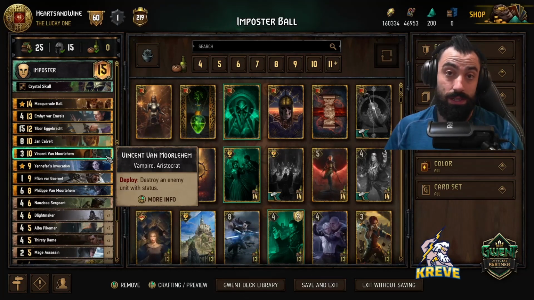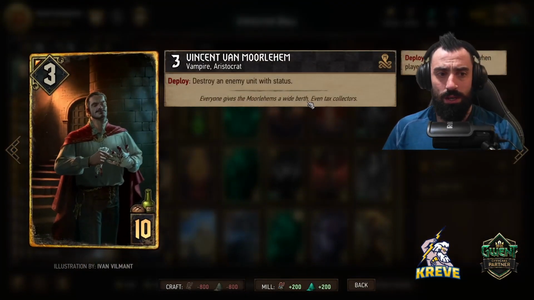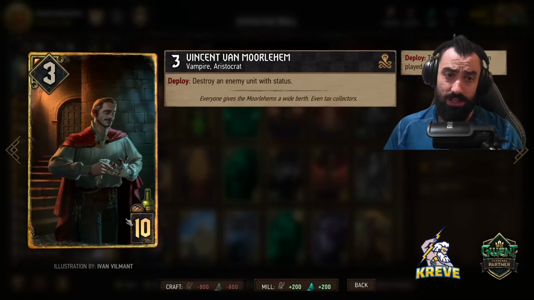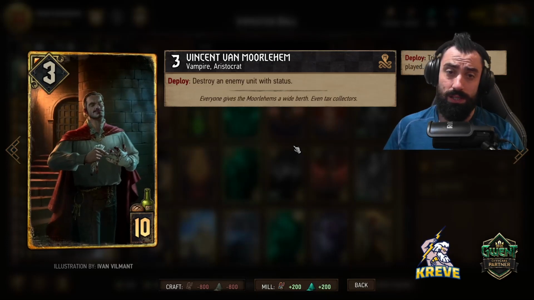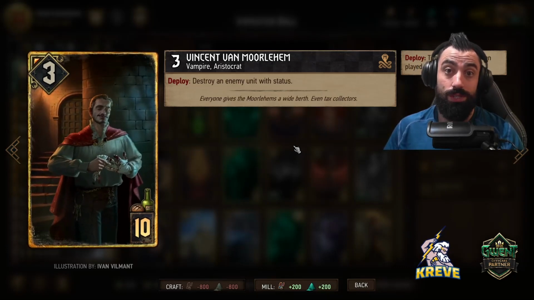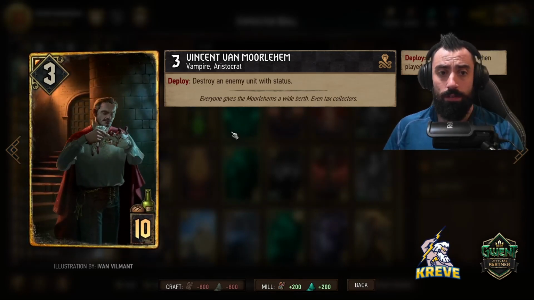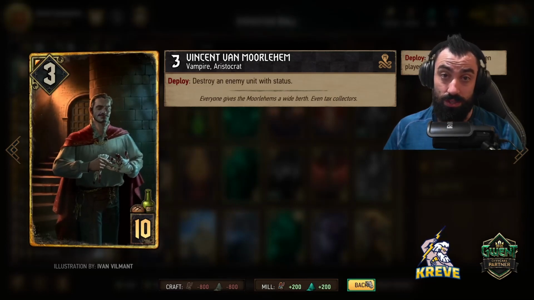We've got Vincent as another Tall Punish option. Deploy, destroy an enemy unit with a status. We're giving a lot of statuses with our deck, so we should be able to meet this condition fairly well. Vincent's also really good right now against all of the new gold units which are released. As you know, they have Doom status, so we've got kind of a consistent kill for Vincent right now, I believe. Vincent is best played with Masquerade Ball over a long round 3, since he is an aristocrat and has